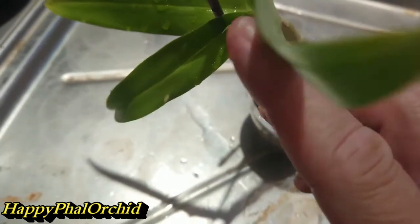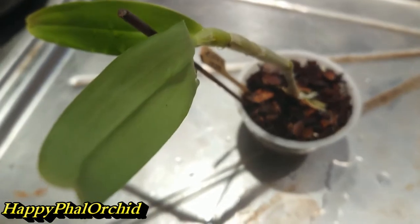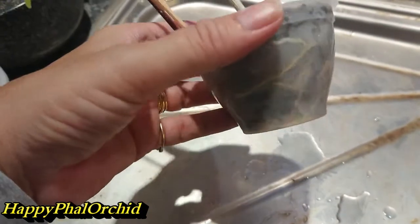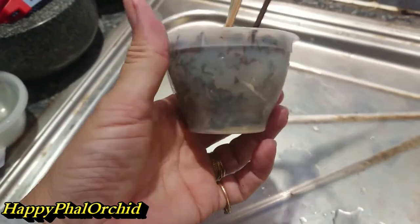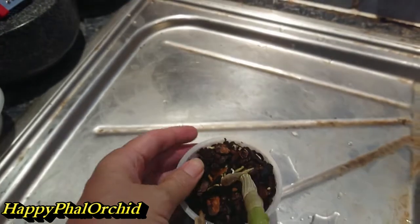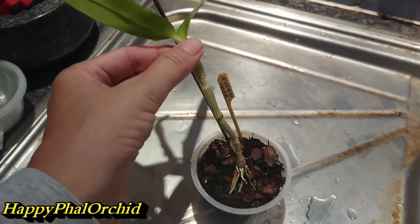There you go. So there's a leaf there, so he's still growing, and as I've shown you before, the roots in this pot are absolutely out of this world. He's got a really good root system. He's still growing, but he has yet to flower, and obviously he's not shriveled at all,